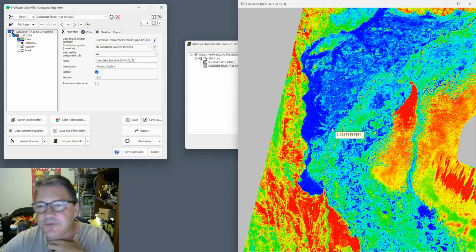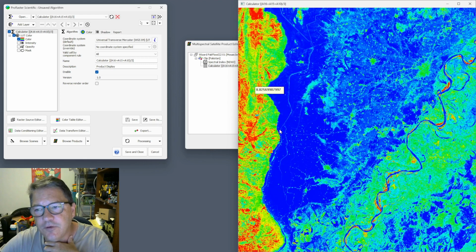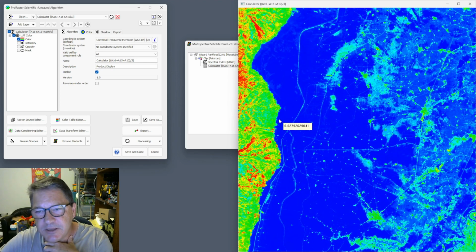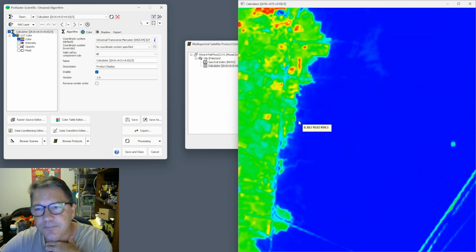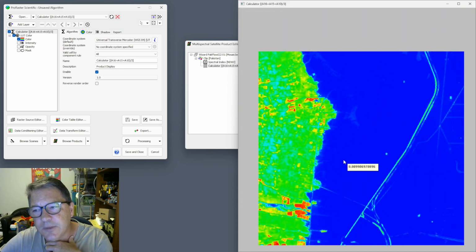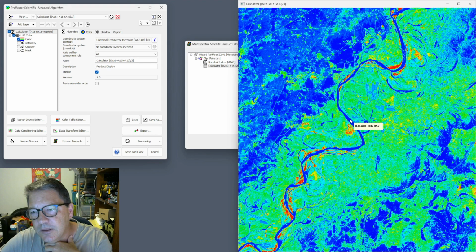So what I want to do is find out what value is the transition point from water, which is basically represented as blue here, through to land. So we'll look at this edge, and you can see that it's somewhere around 0.05. I decided to go with 0.05, 0.06, where we see a transition from water to land, and going over to the river, you can see the values in the river are consistently less than 0.05 and 0.06,